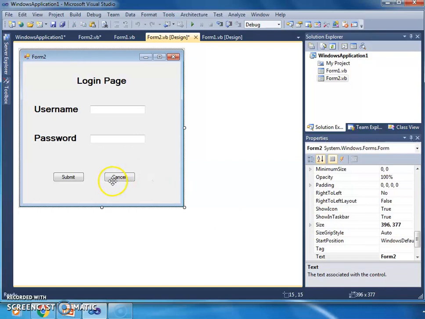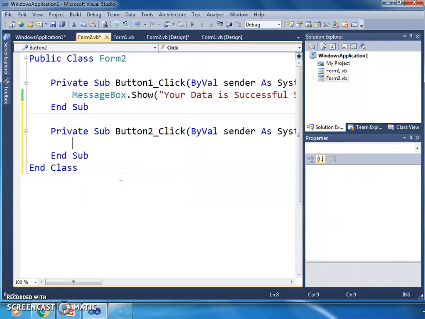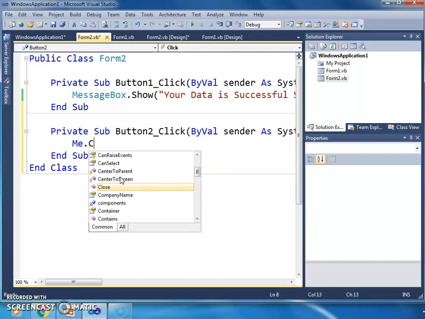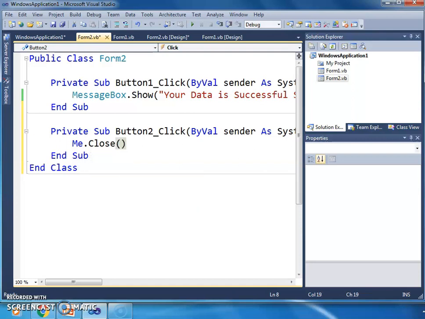Then we also write the coding of the cancel button. We write the Me.Close method. This is used for closing our window. Now save and then run this form.